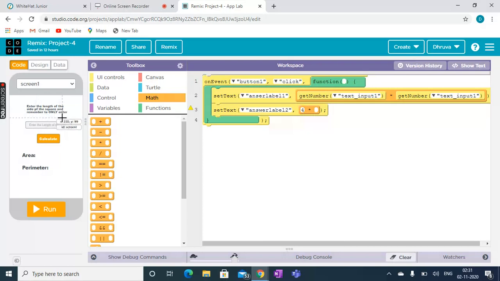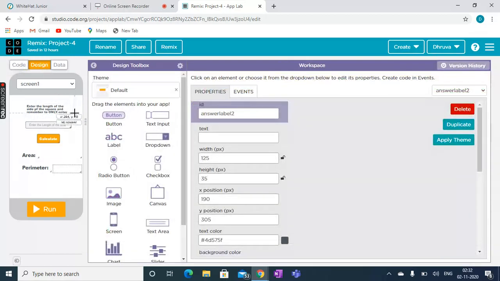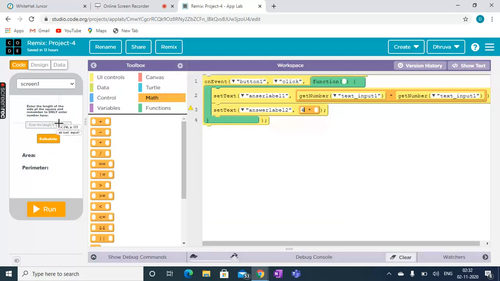The side should be only and only 4 times, because if it is not 4, we will get the wrong answer.